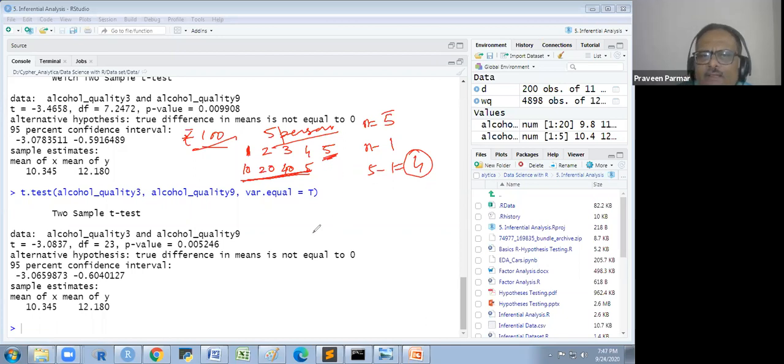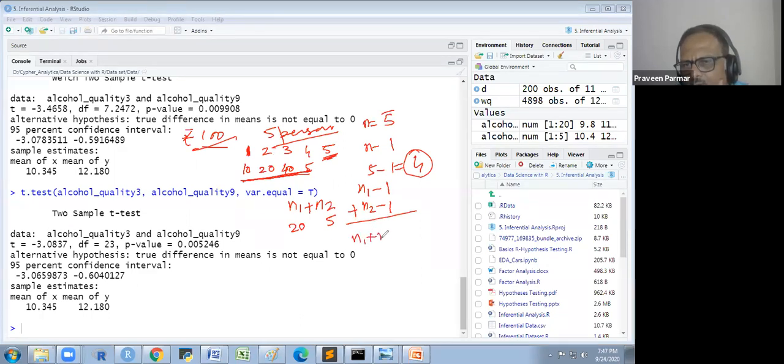So that's why, when you have 2 samples, one sample N1 has 20 and the second sample N2 has 5, we are subtracting N1 minus 1 and N2 minus 1 and then adding them. So I have written the formula N1 plus N2 minus 2, that is minus 1 minus 1, in this way. So it is 20 plus 5 minus 2, equal to 23. Does that make sense to everyone?